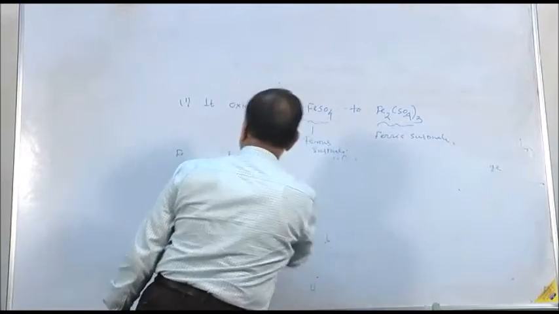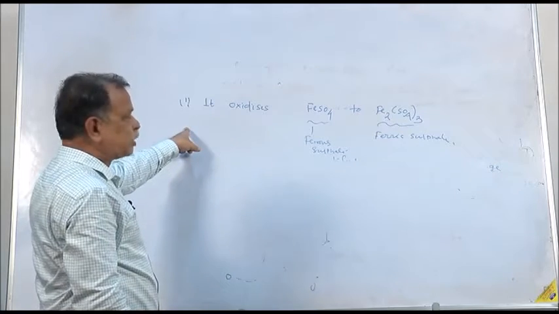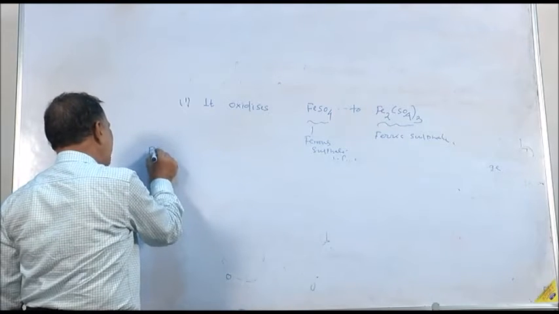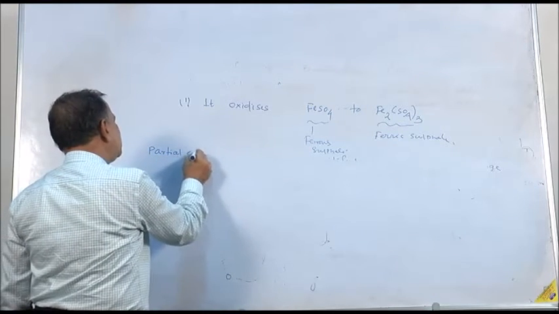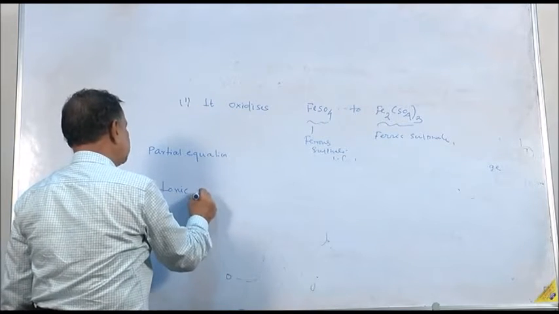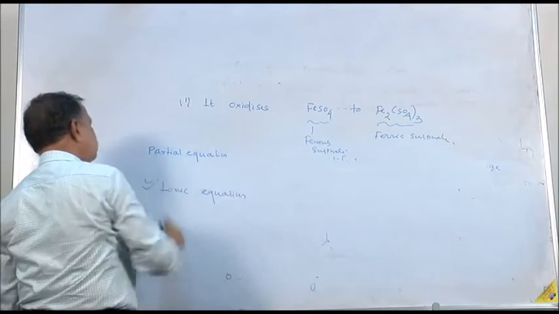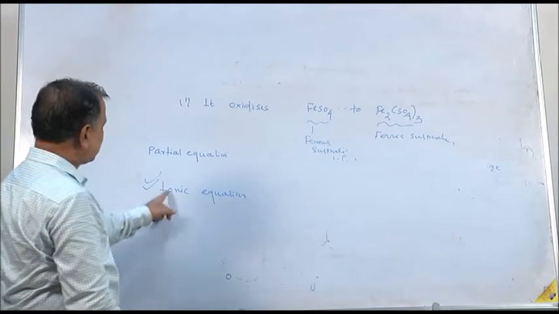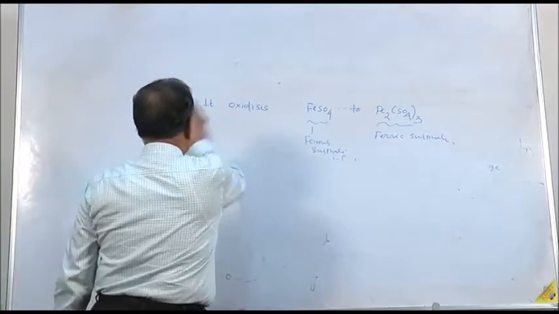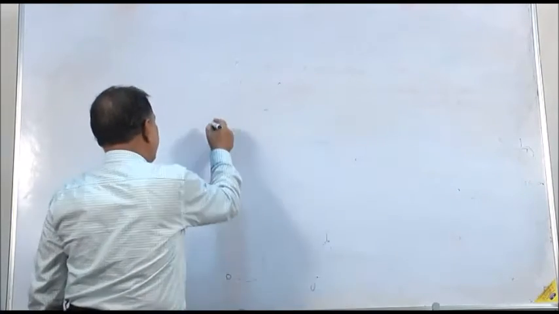Now write the reaction. What happens when ferrous sulfate is treated with acidified potassium dichromate? We may write it in 2 ways. One is the partial equation method, balancing by the partial equation method. The other is the ionic equation. Since the ionic equation is now used, we should always follow it, that is the better one. In the partial equation method, writing the potassium dichromate,